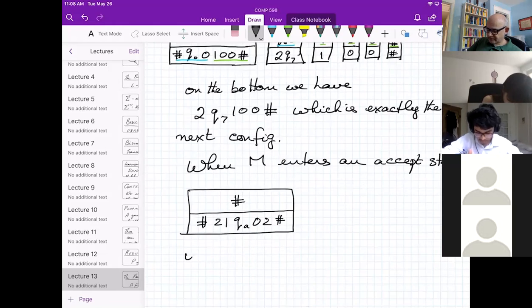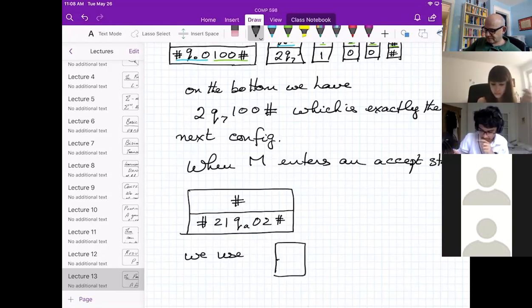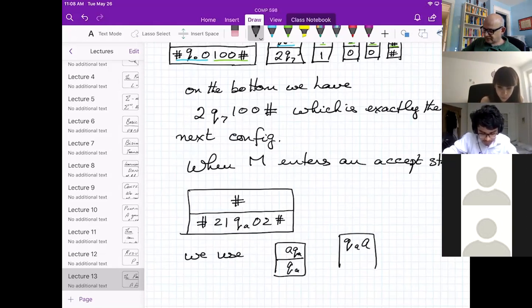So we use the tiles of this kind. AQA with a QA on the bottom and QAA with a QA on the bottom to catch up.